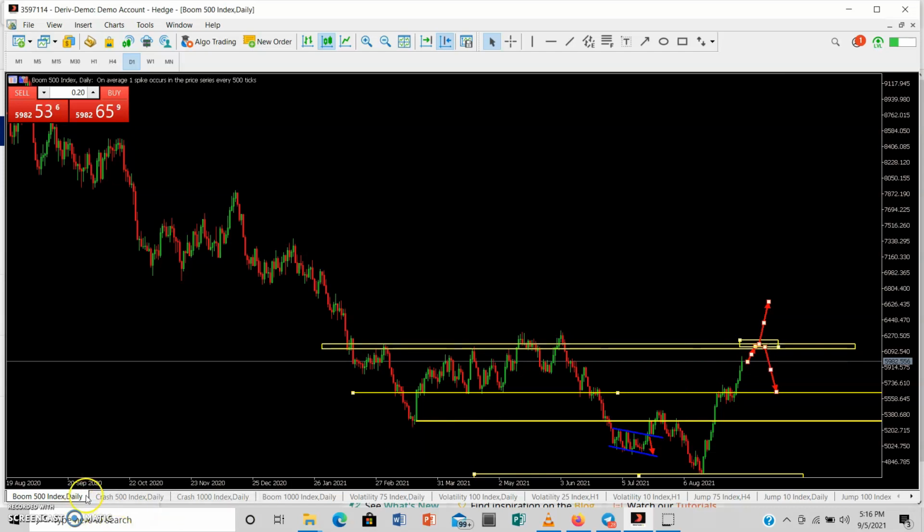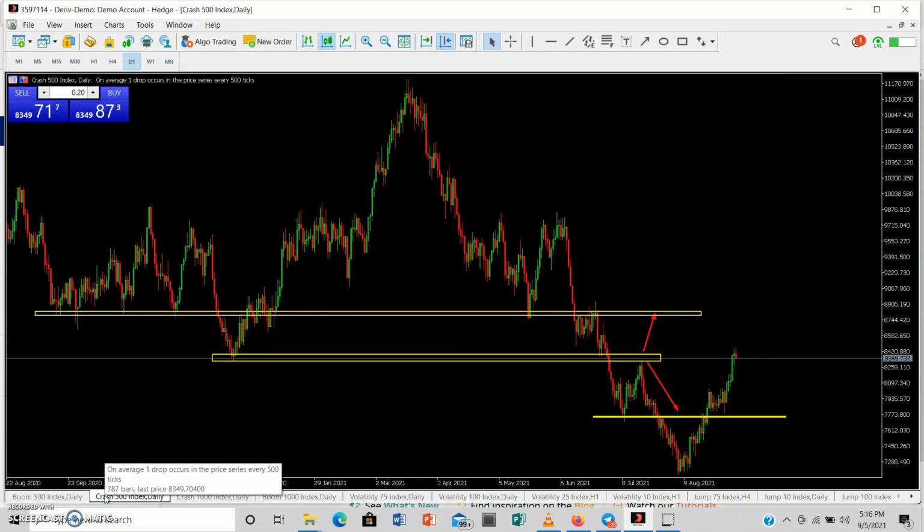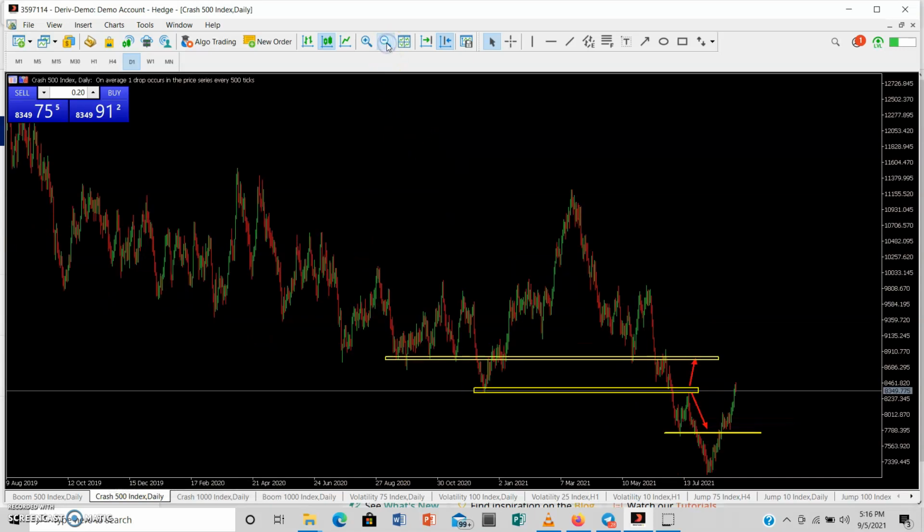Okay, now going to Crash 500, we're still in the daily time frame, and again, if you haven't watched where we got these setups or these support and resistance zones before, check the previous video so that you get the full history of where we are coming from and where we are going. You can also see that the same thing has happened to Crash 500. We now have a low, probably a monthly low, and then price is now pushing up and up and up, and again we can see that we're now at a decision making zone.